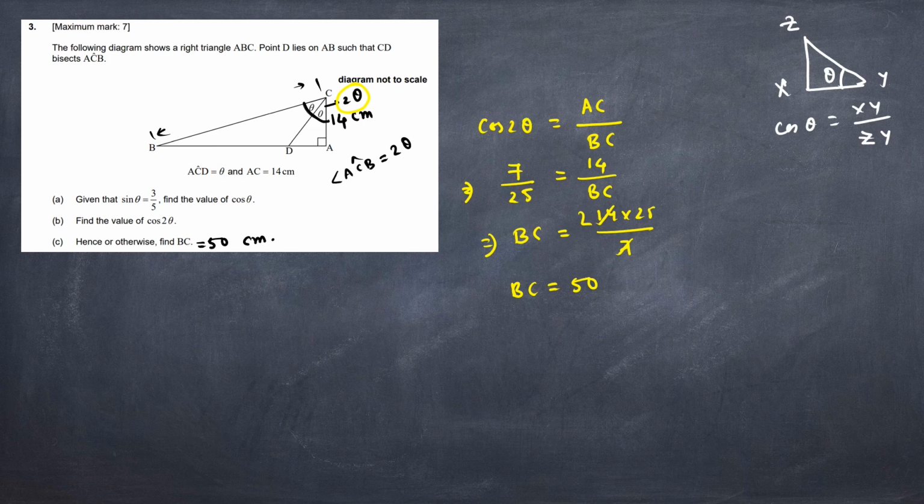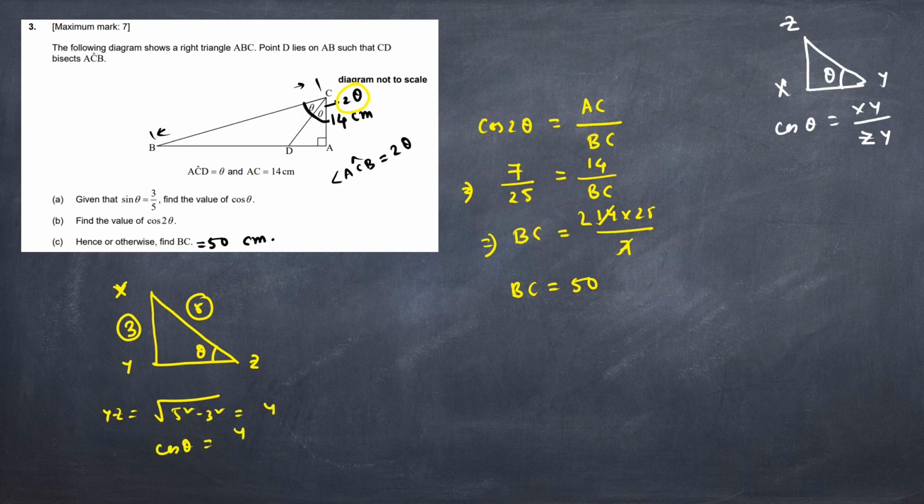For this type of problem, if you forget the formula cos square theta plus sin square theta is equal to 1, then what you can do is construct a right angle triangle, with theta anywhere, and this is xyz, and you know sin theta is basically height by hypotenuse. So if this is height, this is 3, hypotenuse is 5. So ultimately from the Pythagoras theorem you can find out the value of yz. So yz is equal to root over 5 square minus 3 square, which is equal to 4. So now you can find out cos theta is equal to 4 by 5.